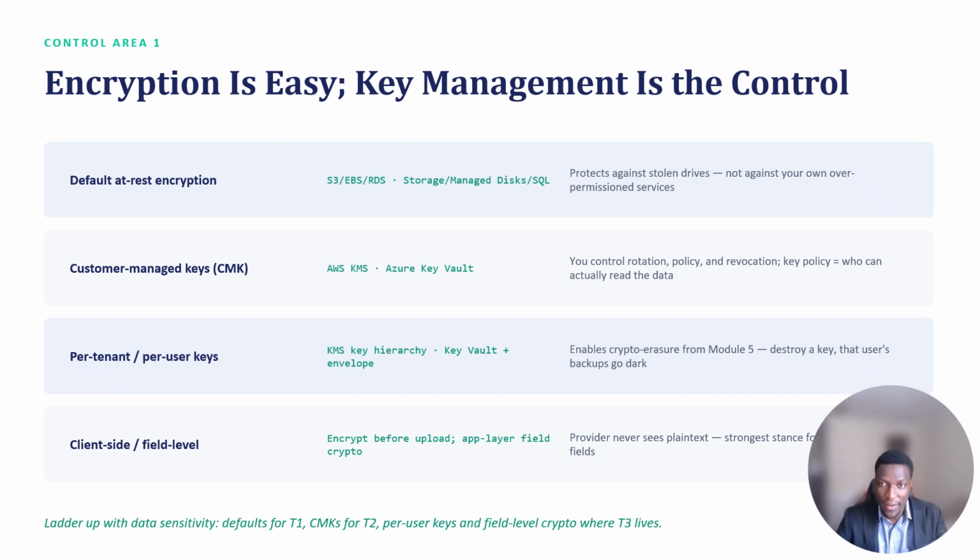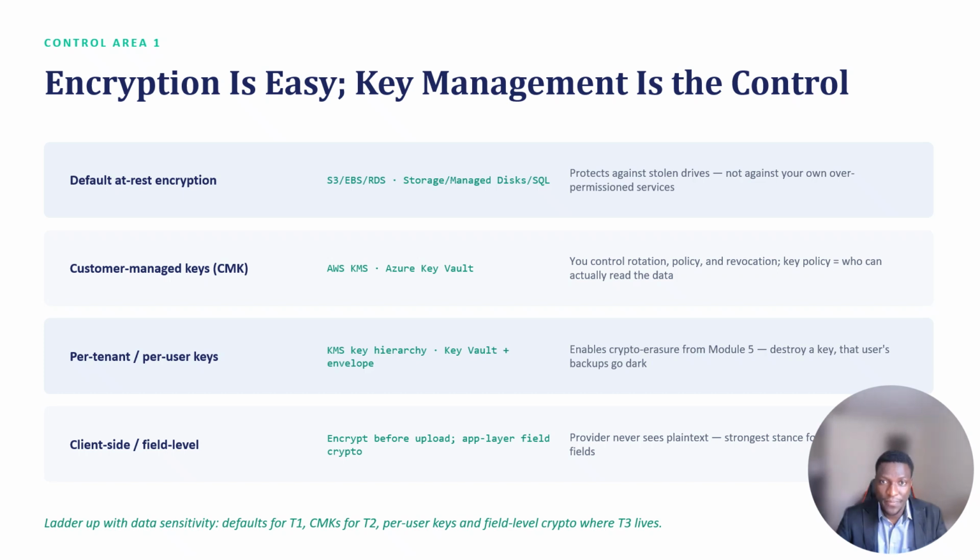all goes dark. And lastly, you have client-side or field-level encryption. Here the provider generally never sees the plain text, as the data is encrypted on the client side or on a field level basis. This is one of the strongest ways of encrypting and protecting users' data. It is reserved for special category fields because of its operational cost. Because of course, encrypting at the field level is